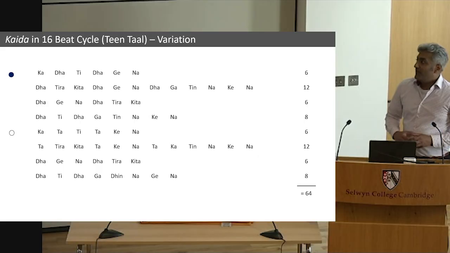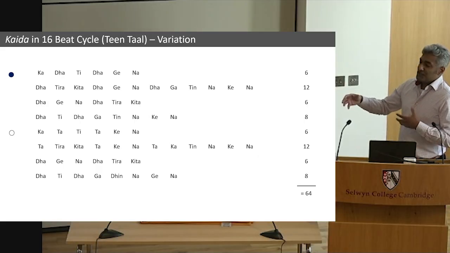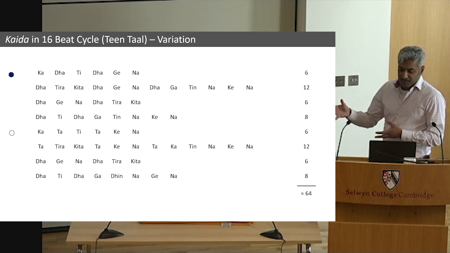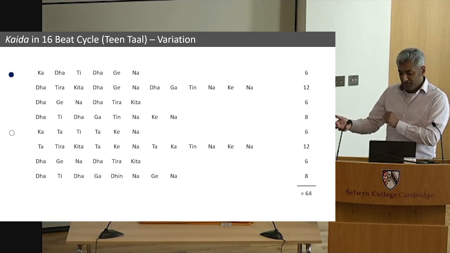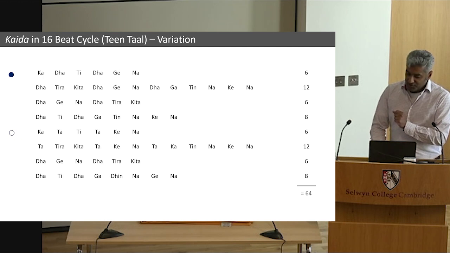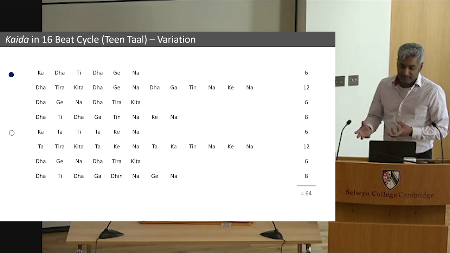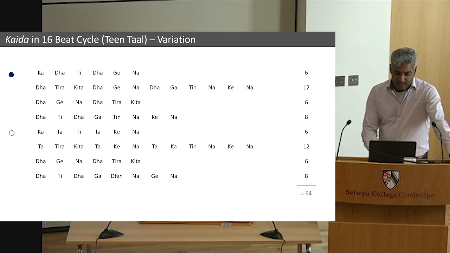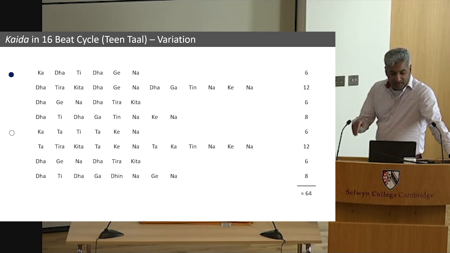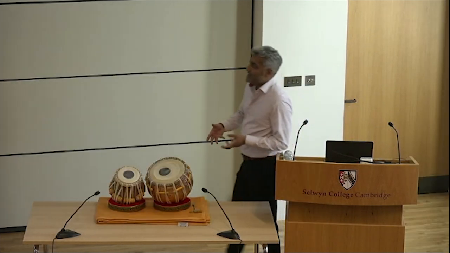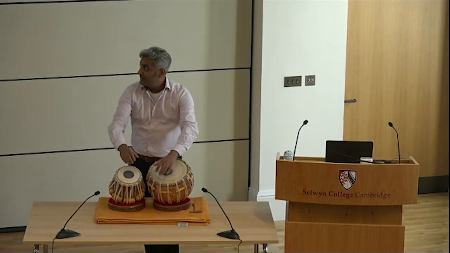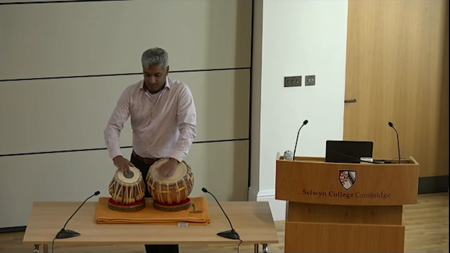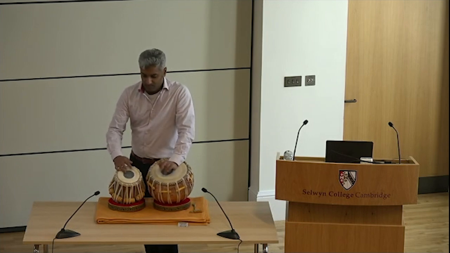And if you were to build variations on that original phrase, this could be an example where we moved away from the 8 plus 8 plus 8 plus 8 for a 32 into a 6 plus 12 plus 6 plus 8. And this goes as, so kadhati dhagena dhatarikata dhagena dhaga tinna kena dhagena dhatarikata dhati dhaga tinna kena. And then you play the empty bit right after the first one. So it sounds something like that.